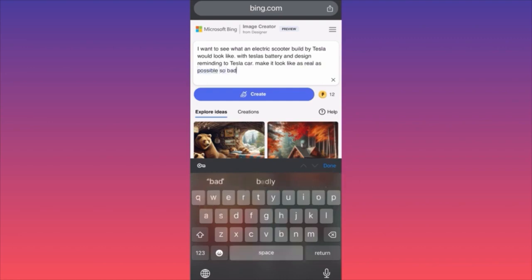So based on it, we can try to build the real thing.